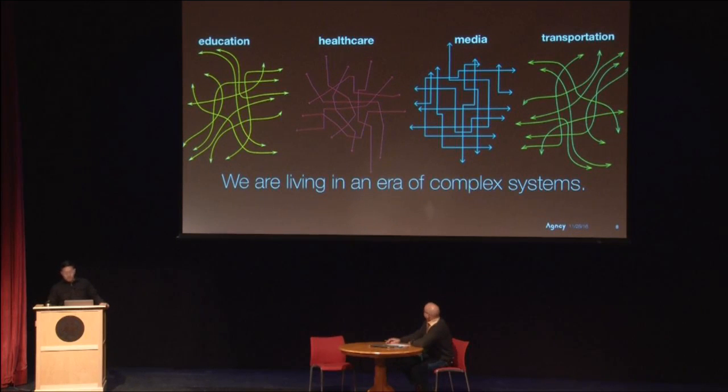One thing that's important to note about education, healthcare, media, and transportation, as very broad, large systems that the country is composed of, is that they're not really designed from the perspective of the human experience. When the road networks were designed, for example, they were designed to accommodate the car or the horse, but probably the car and the train, which perpetuated the need for the scale of transportation and organization that came out of that. They weren't designed from the perspective of the human. So this alone is a huge opportunity.